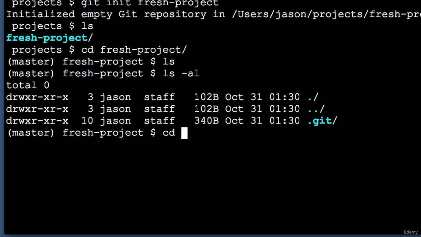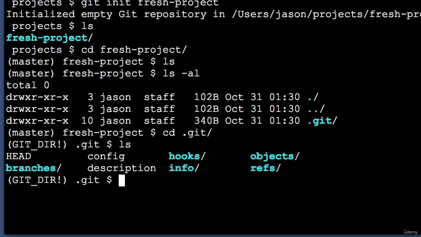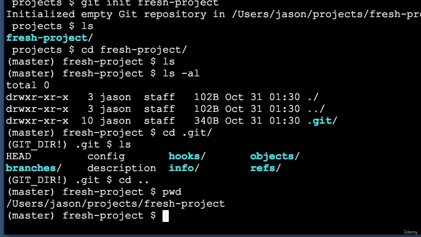So if I go into the .git folder, you can do an ls. You can see all the various folders and files that make up the Git repository internally. So if I go back, now I'm back in the working directory, and I'm going to do one more thing. I'm going to use the git status command, which will let me know the status of the Git repository. So type git space status,